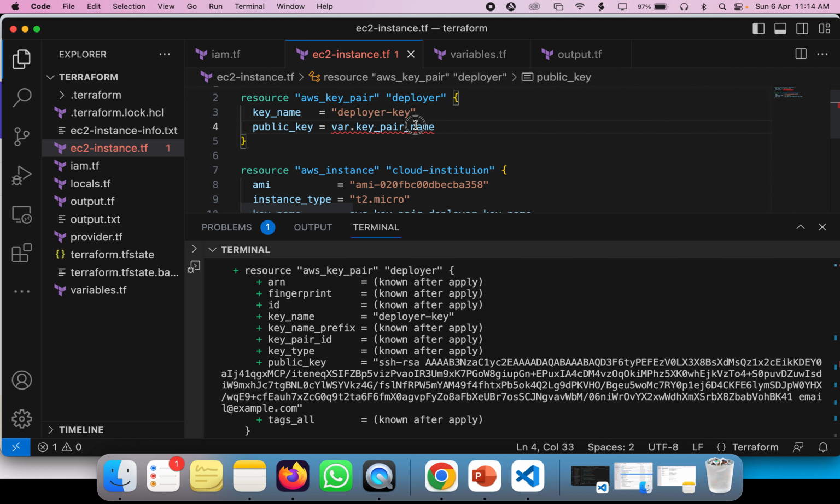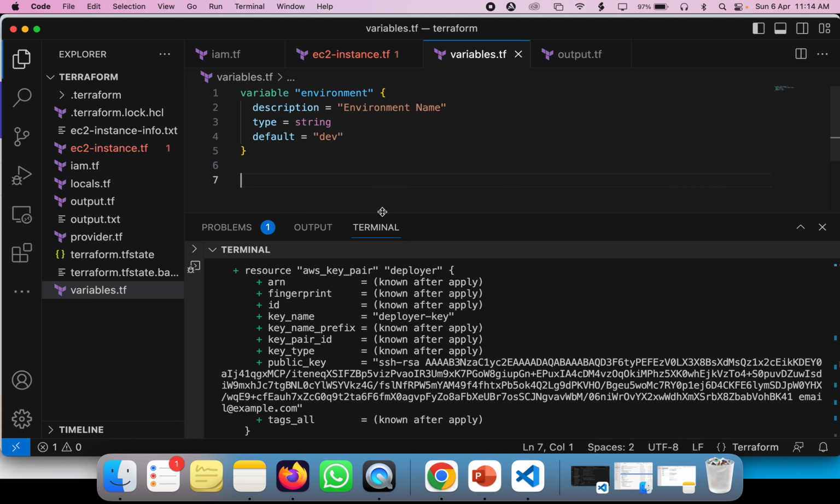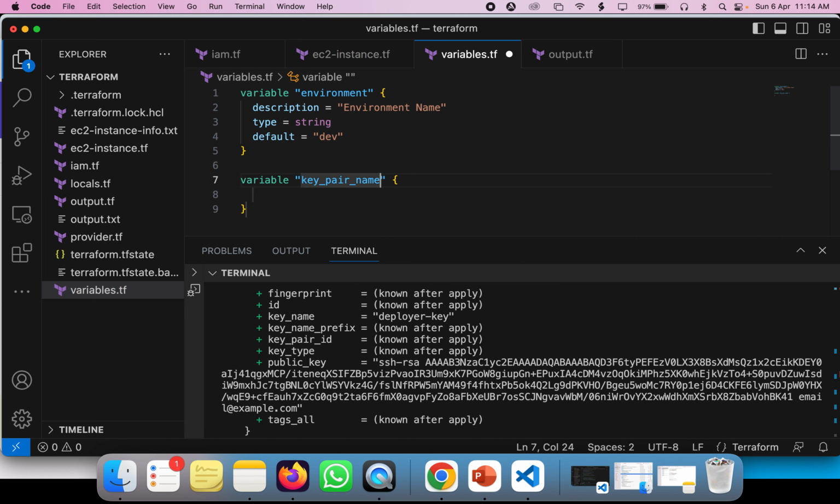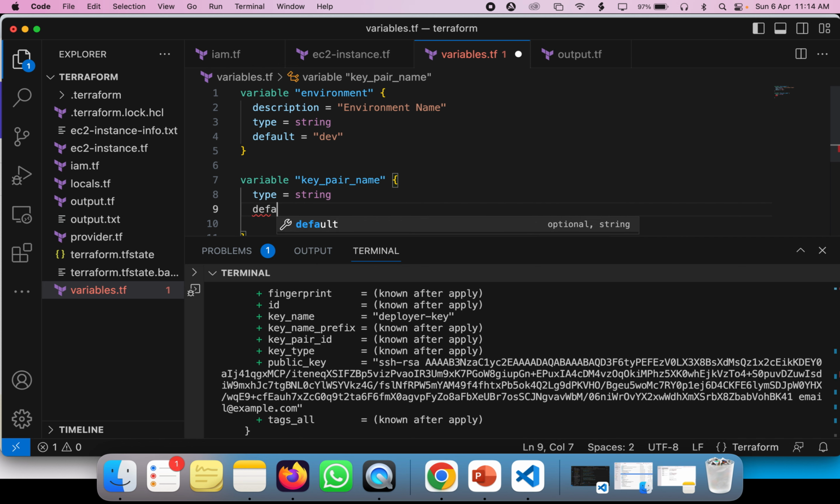Okay, I'm going to create a variable. Now I'm going to go to variables, and in the variable section I have only one variable. I'm going to create a variable, and the name is going to be keeper name, and the type is going to be string. The default is going to be, so I don't want any default, sorry, the default is going to be the keeper,